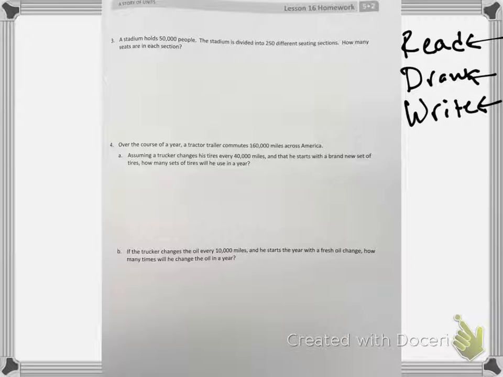So a stadium holds 50,000 people. The stadium is divided into 250 different seating sections. How many seats are in each section? This was a little difficult. So we don't just have a multiple of 10 or 100. We actually have a